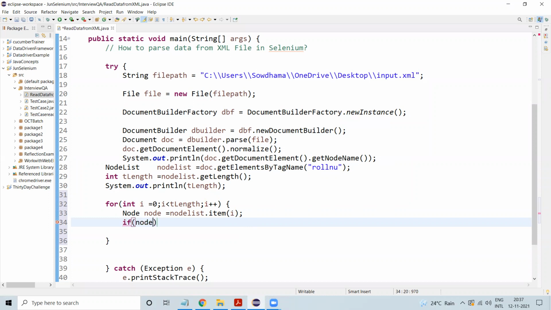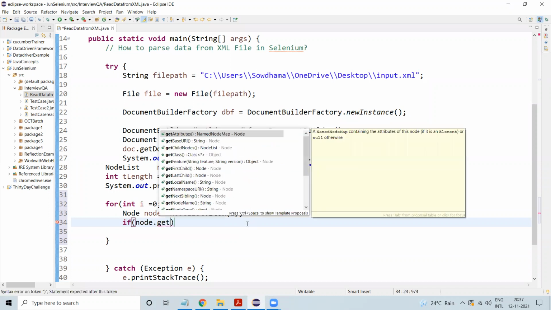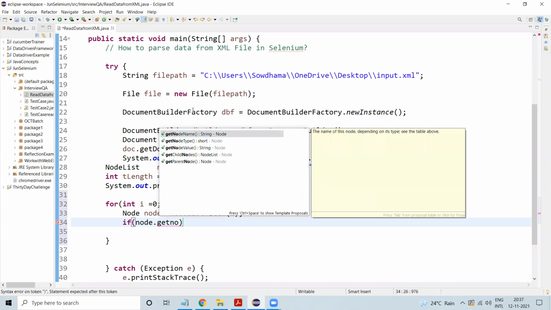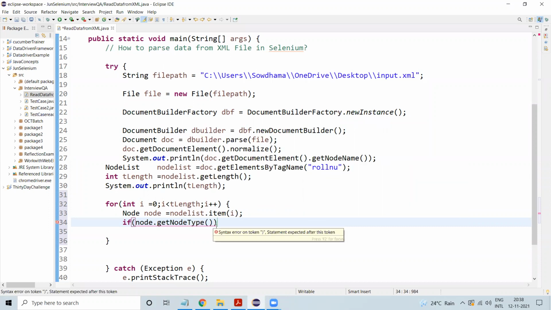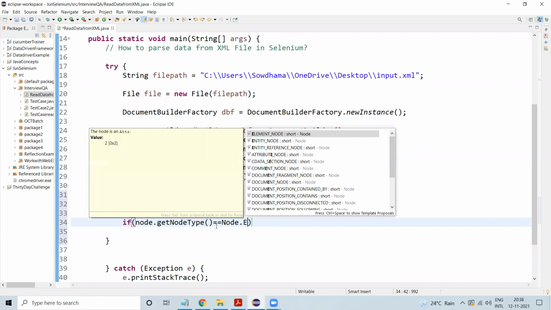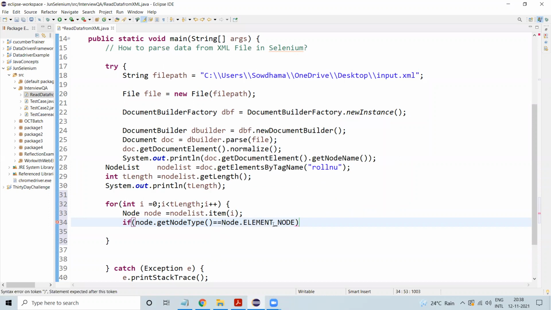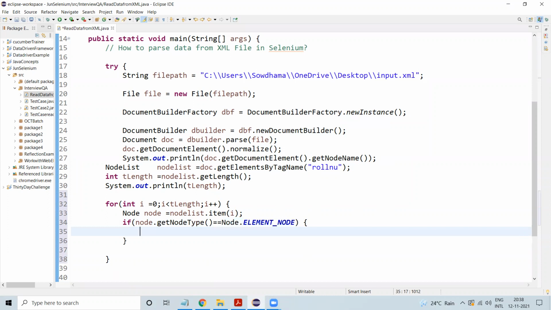If node dot get node type, which is one of the methods, equal to, again we are going node dot element node. So if it is equal, then we are going to print.